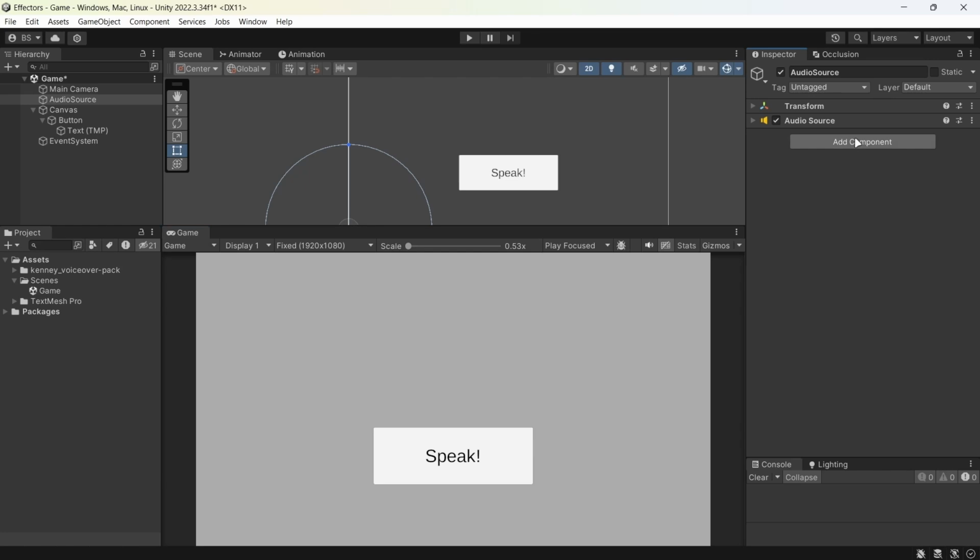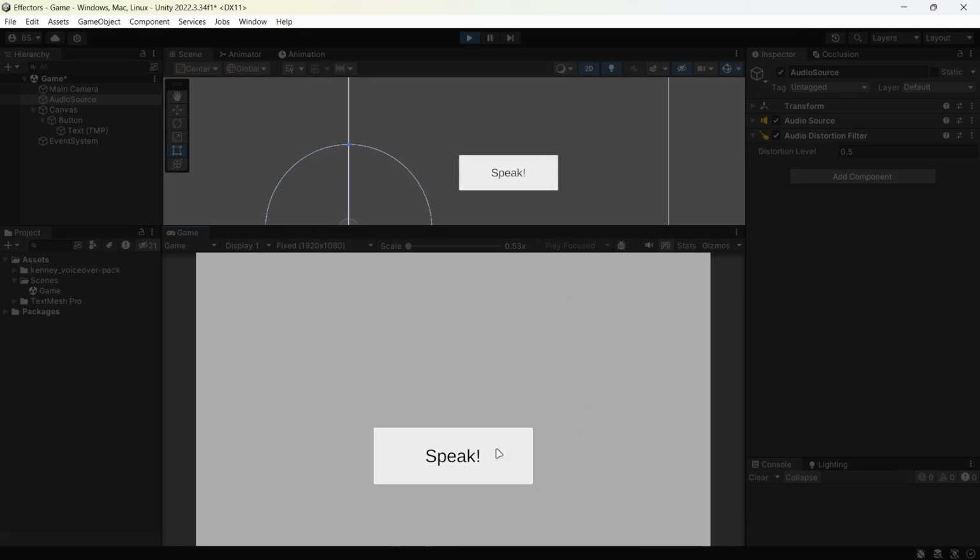The second effect is the audio distortion filter. This filter makes your audio sound like one coming from a radio. Mission completed. This filter becomes very useful in case you have an audio to be played from a radio or